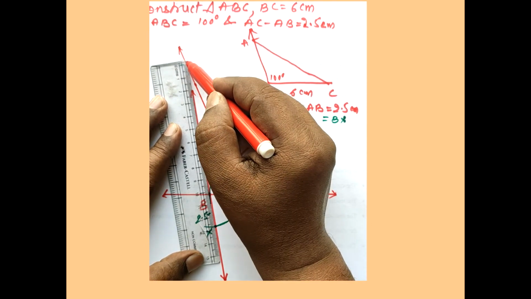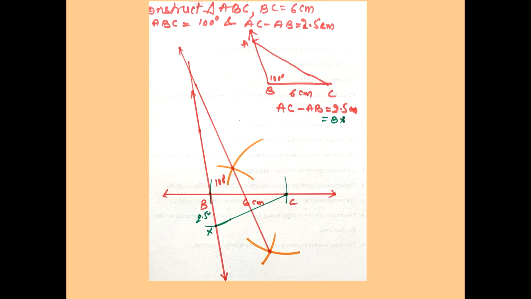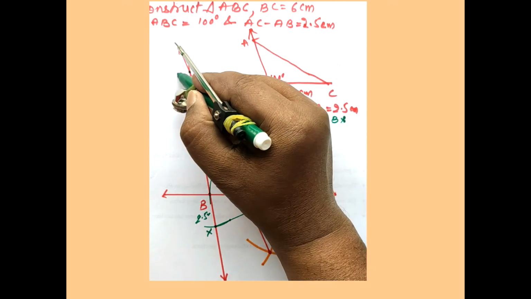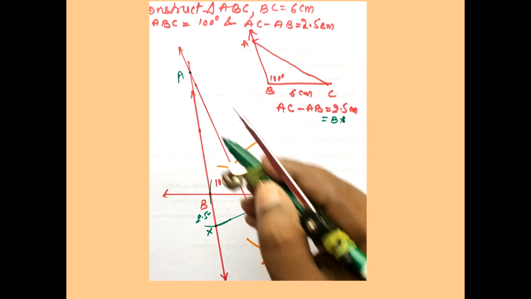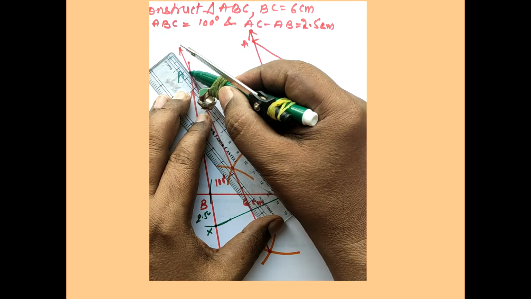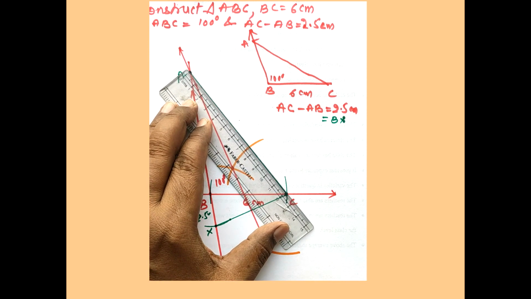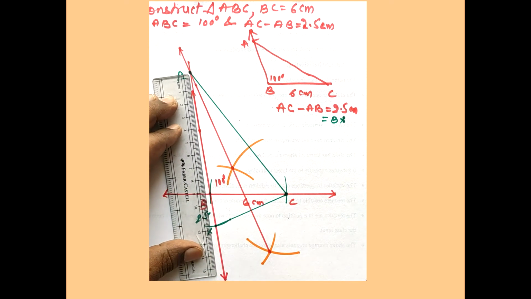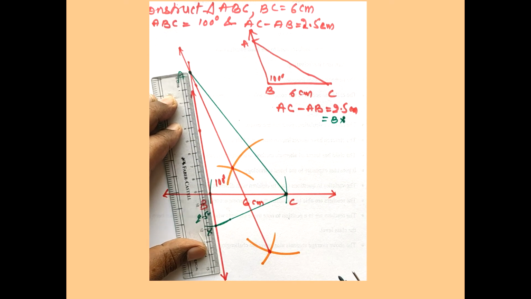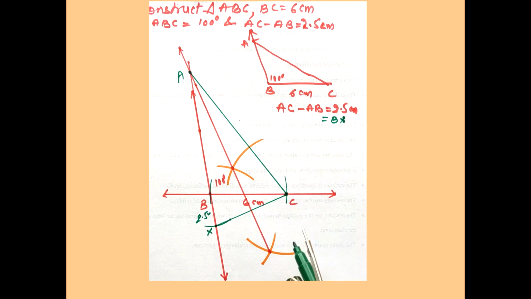So as you can see, here is the point given to us, and this point will be known as point A. So you can see that we got AB, and now we can join AC. When I join AC, you can measure with the help of a ruler. It will give you greater than this. See here, 12 point something, and this one is 9 point something. So that means AC is greater than AB. So your required triangle is triangle ABC.